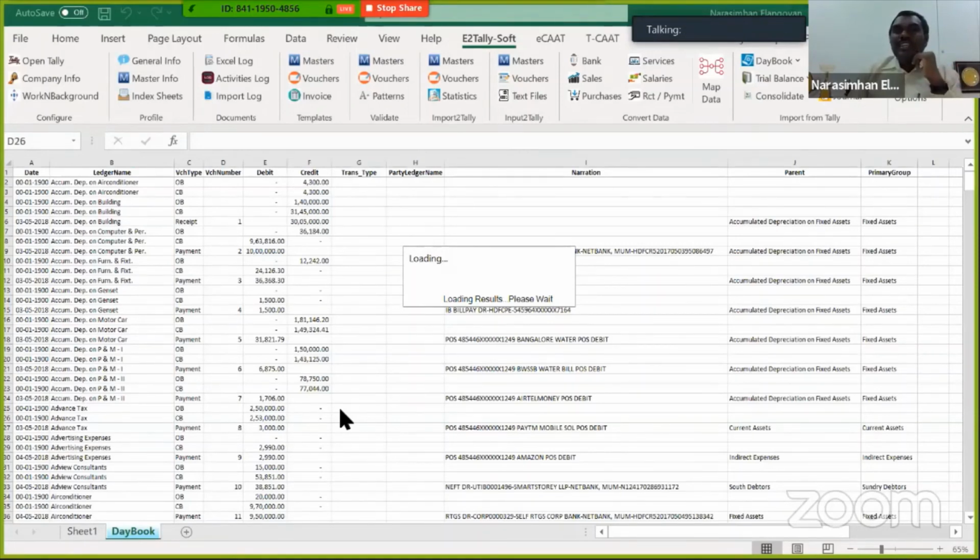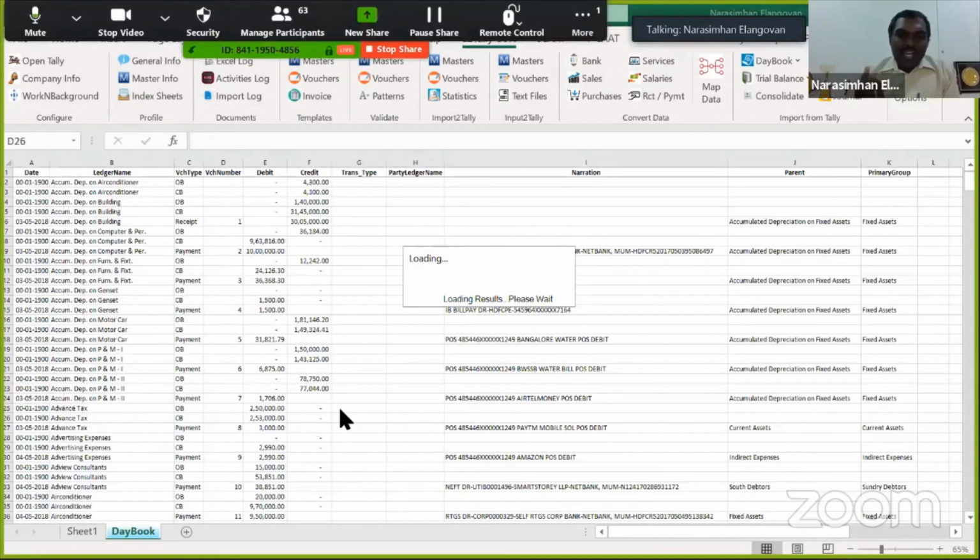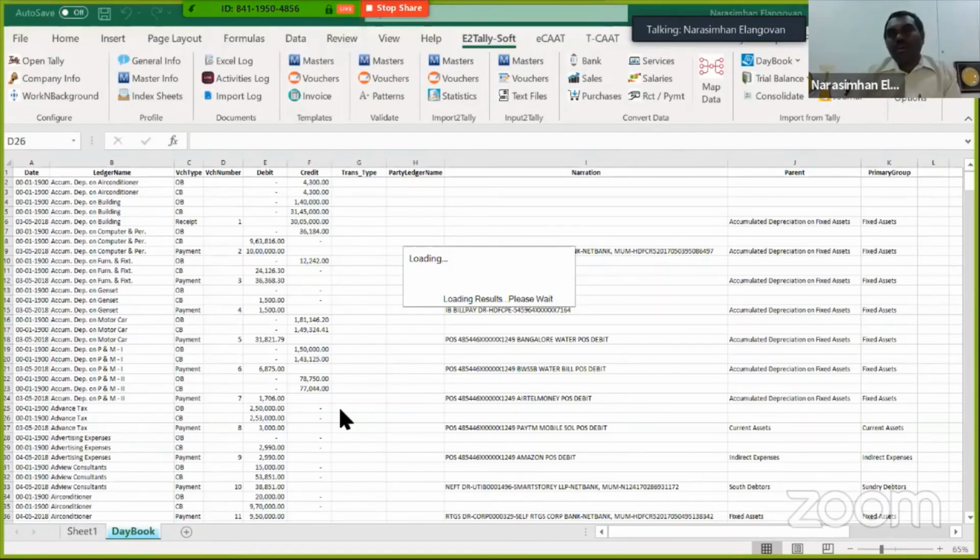Now, one must be thinking, sir, what is the power of this? What is the advantage of this? Don't you think if I export it to Excel, I will get all of them? My dear friends, from Tally to Excel, you can only bring it to a particular format. After that, there is a whole lot of exercise which you have to do. Why don't I build in tools like this, which can solve my problem? Why don't I use tools like this, which can do things much more quickly? And that is the power of this particular software.